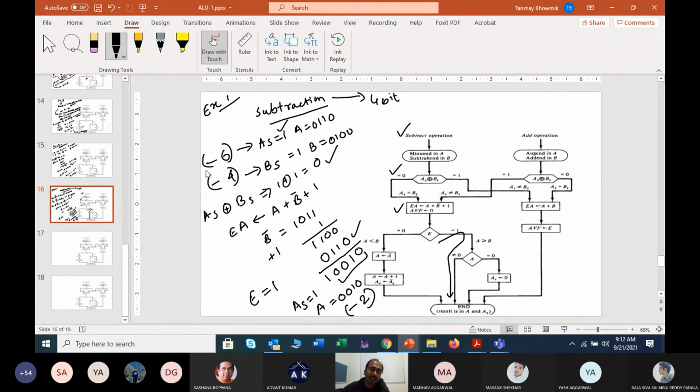right? And if you do the same thing, -6 minus -4, you will get a result of -2 simply, because we are basically doing -6 minus -4, right? So it is basically -6 plus 4, that means -2, and we have got the same result.